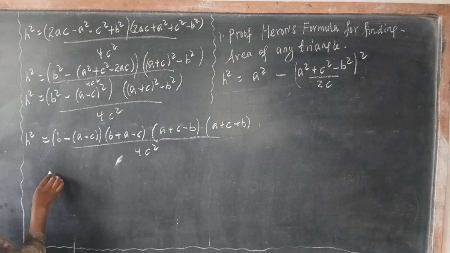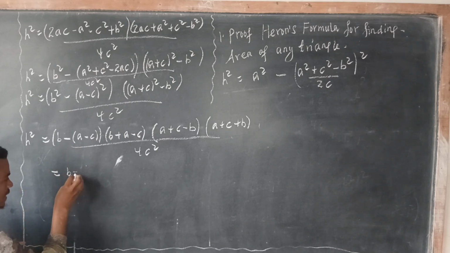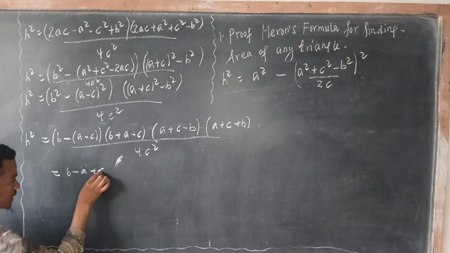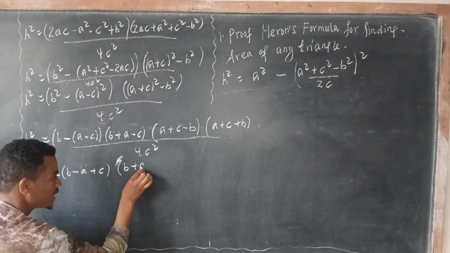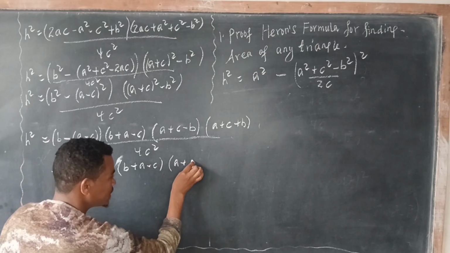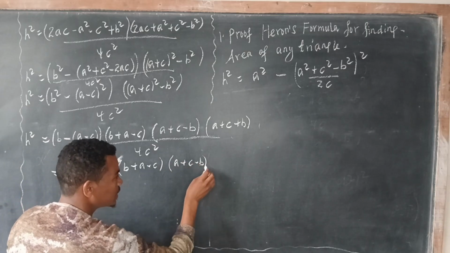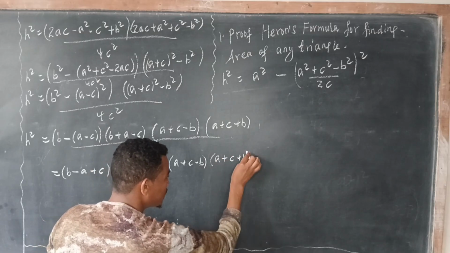Now this is the same as b minus a plus c times b plus a minus c times a plus c minus b times a plus c plus b over